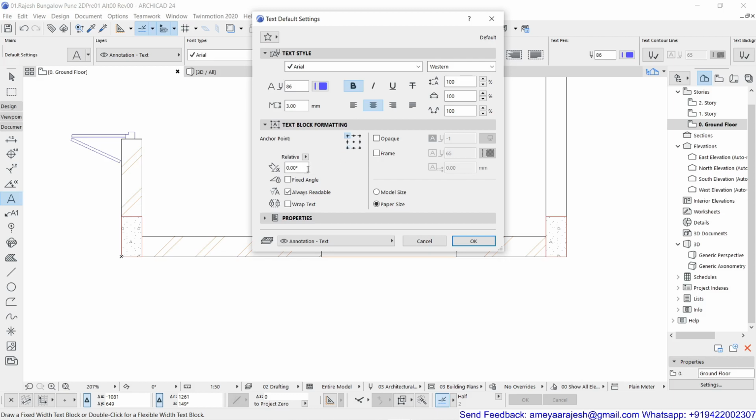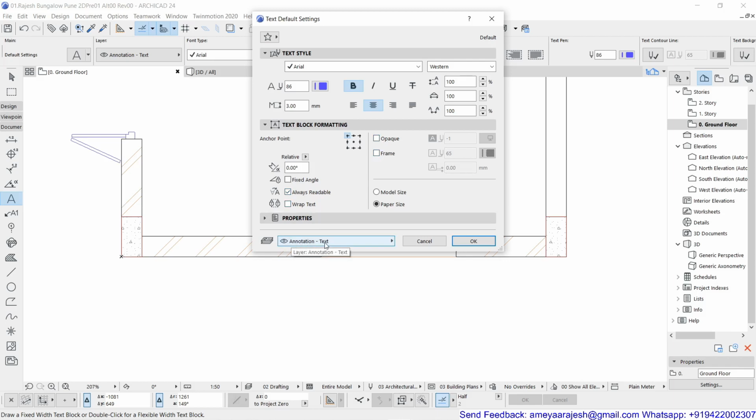And then there are other options, that is whether you want to write the text as horizontal, vertical, whether it should be with a fixed angle, that is irrespective of your mirroring, rotating, it will always stick to the same angle. Readability, that is no mirroring, after mirroring the text will be readable always. Wrapping the text is restricting the text with a particular paragraph width. So everything will be explained on screen. Opaque and frame option also I'll show you later.